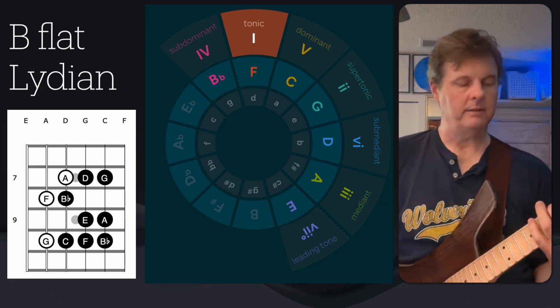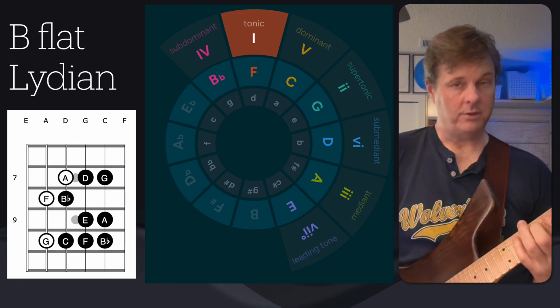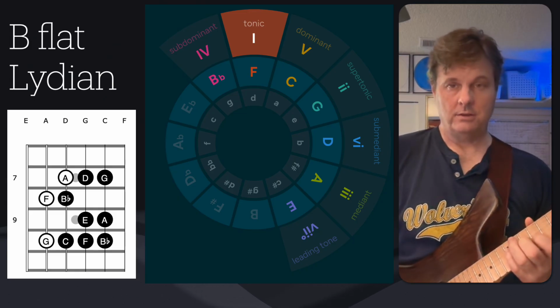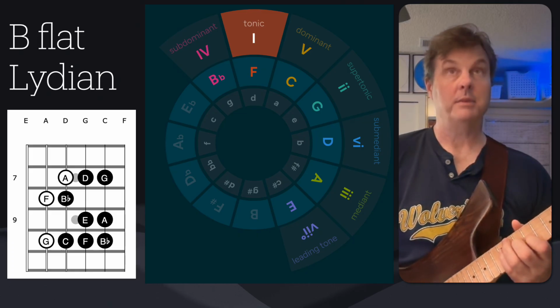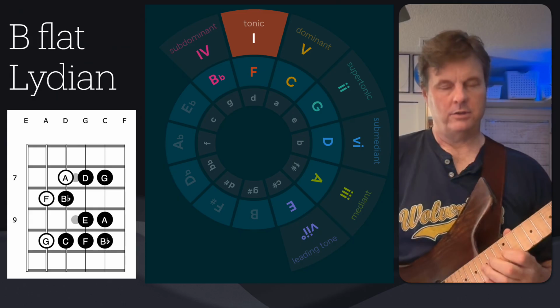So B flat Lydian, F major, C major, C Mixolydian, G Dorian,